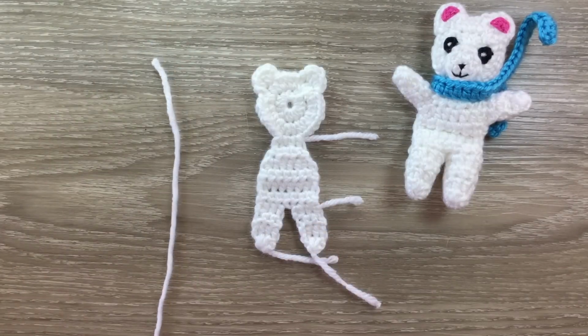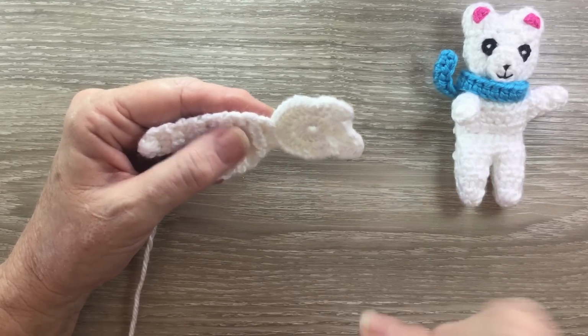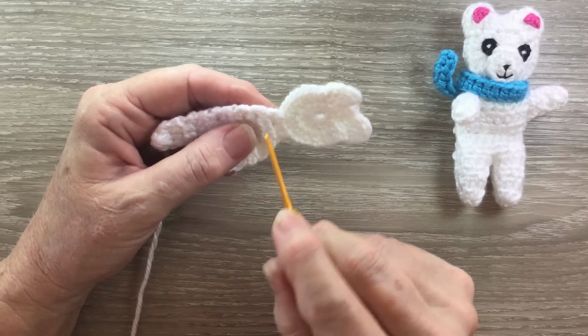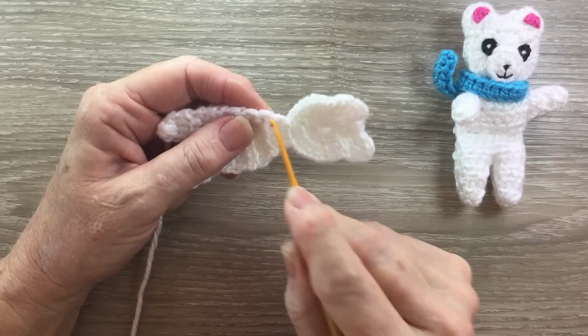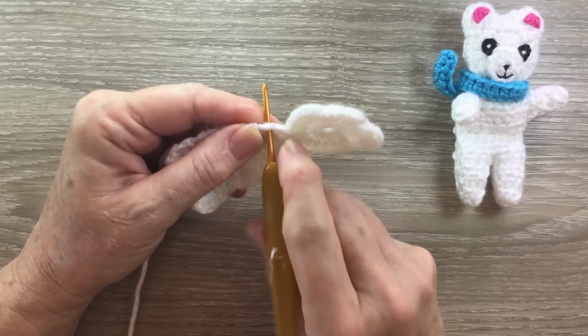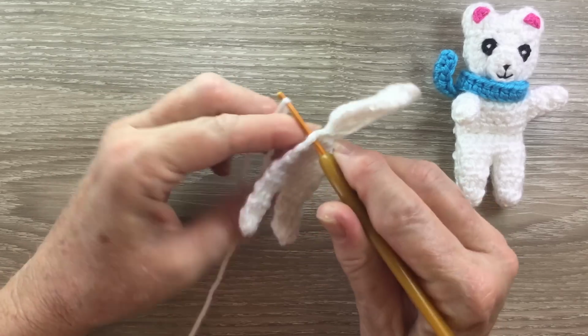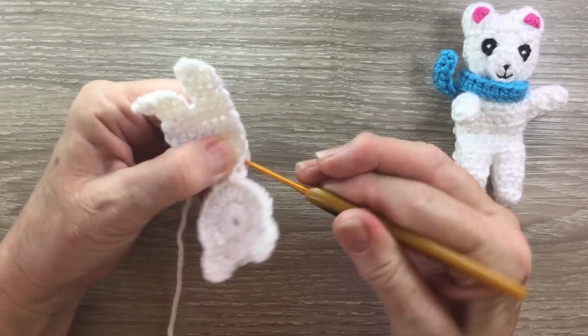Now I'll weave in my ends and I'll be back and we'll crochet on the arms. We'll start on the bear's right arm first, this one here. So we join our yarn at the top of row 2, so just in here, not far from the neck, about 1 row down,